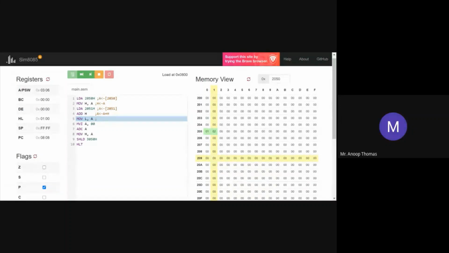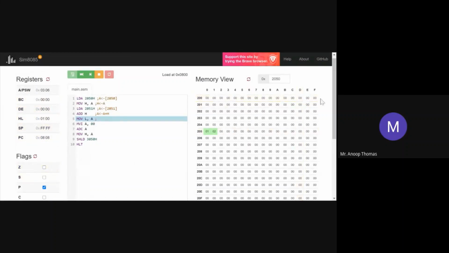So this is a very simple simulator. It's called a SIM 8085. As you can see, this presents you with whatever is happening inside your microprocessor. You have a window where you will be writing your assembly language program. You have the registers being shown, your accumulator and your PSW. This is your accumulator. This is your program status word, which is where you have your flags. Then you have your BC, DE, HL, and SP, program counter. All the registers which are associated with your particular 8085.